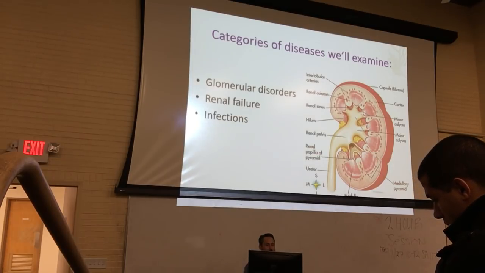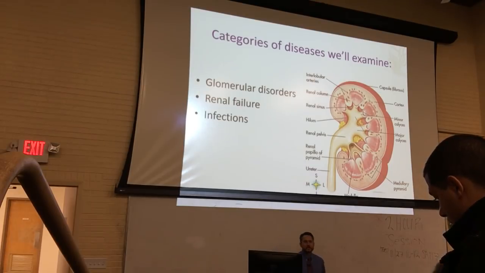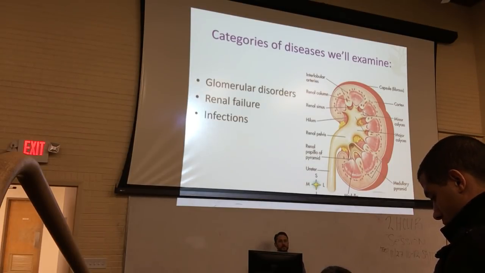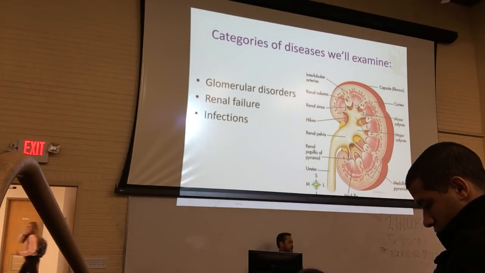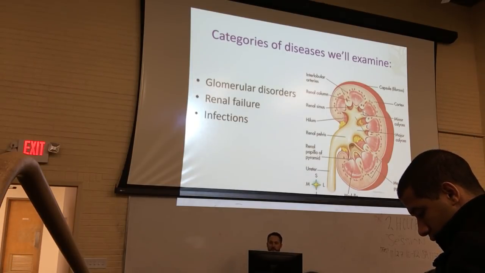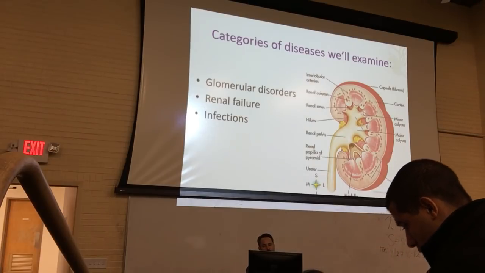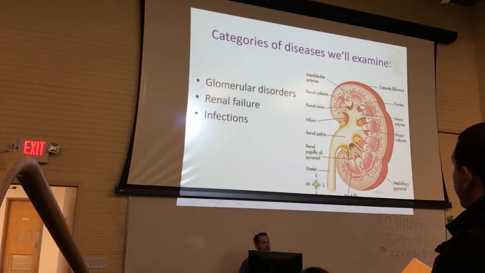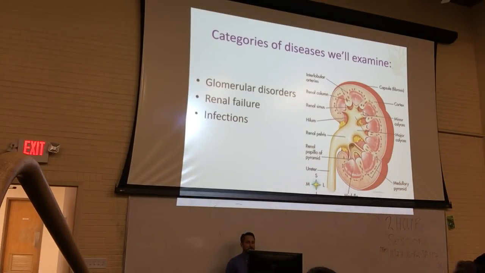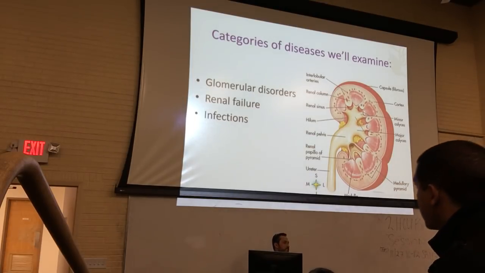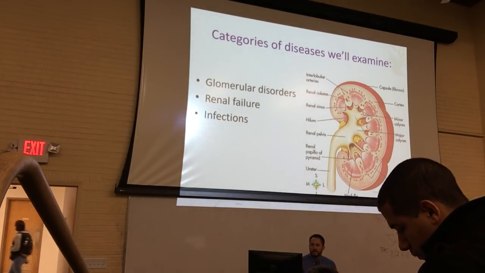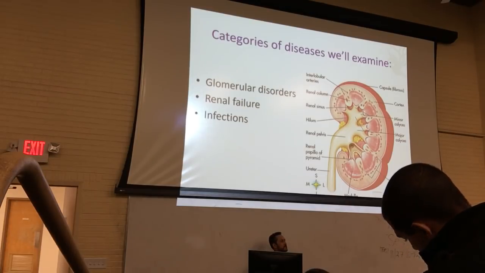So we're going to look at the following categories of diseases: glomerular diseases, renal failure, as well as infections. The functional unit and the basic structural unit of the kidney is known as the nephron. And the filtration unit of the kidney, if you recall, is the glomerulus and the Bowman's capsule, and that actually